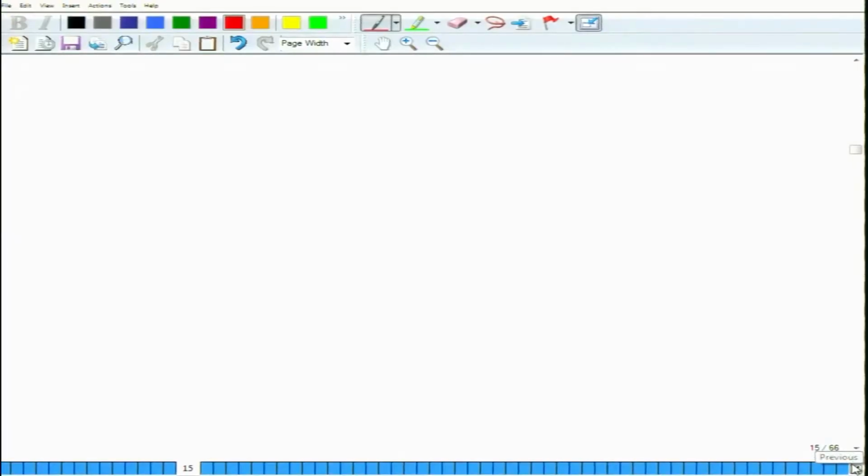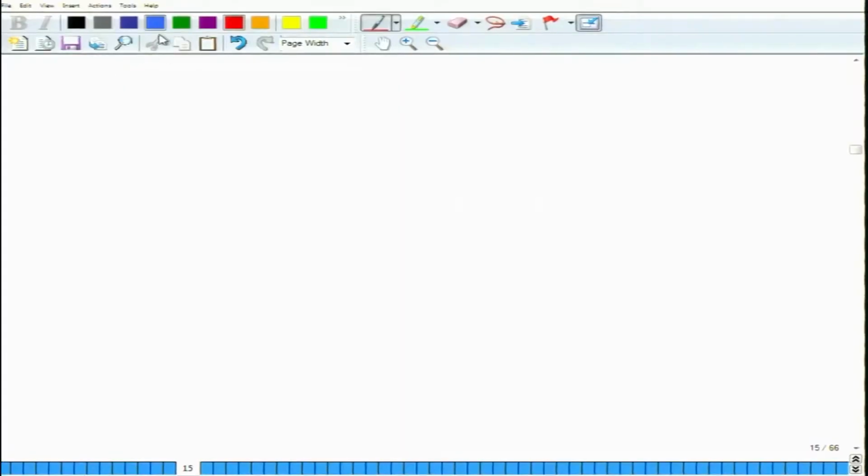And one can also do analysis of phases in the X-ray diffraction pattern, and one can also determine texture and other things which probably I will not be able to complete in this course. If you are interested to know more about the details of X-ray diffraction, I would recommend that you go through